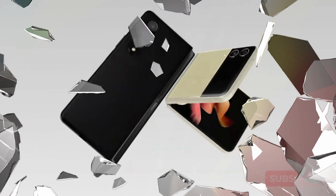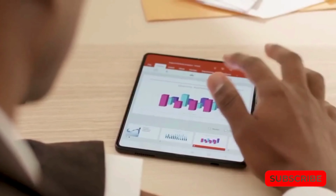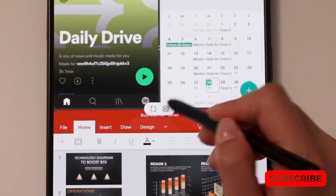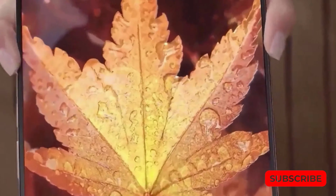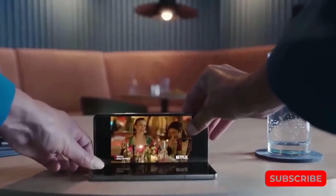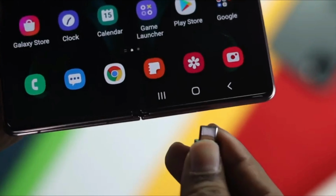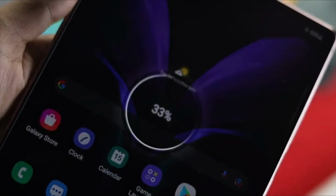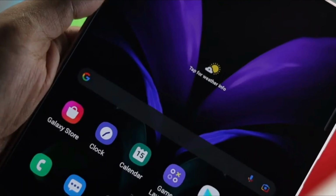Let's now examine how these two devices perform. To begin, both phones have up to 1 TB of internal storage and do not accept micro SD cards. As a result, before making the purchase, you must assess your storage requirements. Similarly, both smartphones have a single charging and data transmission interface, with Samsung using USB Type-C and Apple using its